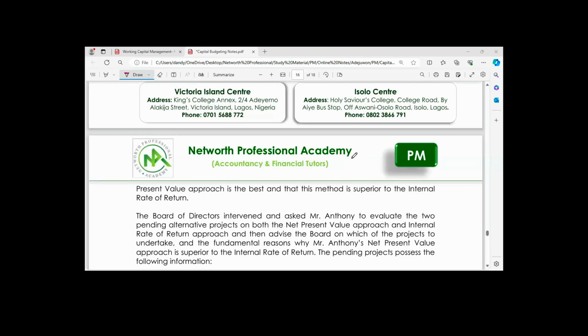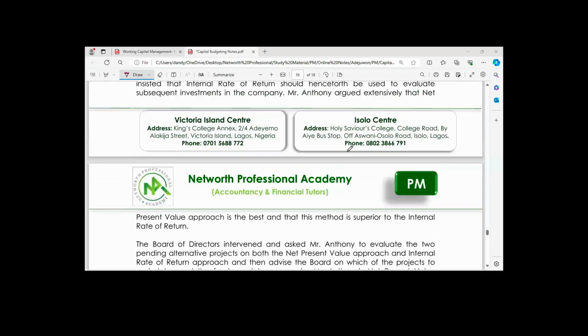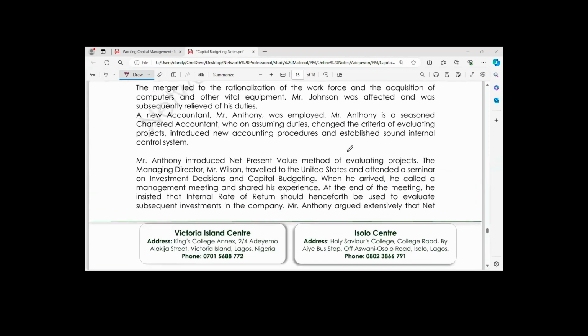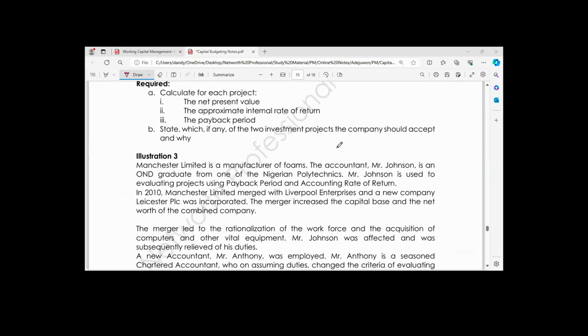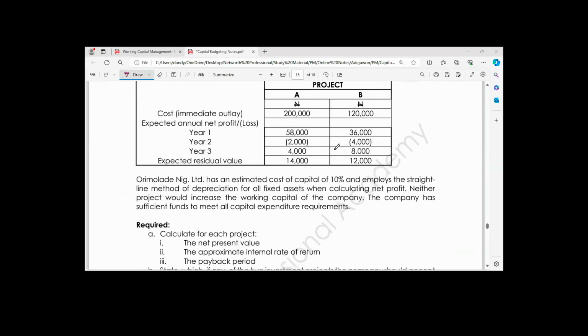Yes, in our last class, we started capital budgeting, and we were able to solve only one illustration after extended hours for the explanation of the concepts. So today we are going to have additional illustrations to further buttress our points on the topic. So without wasting more time,